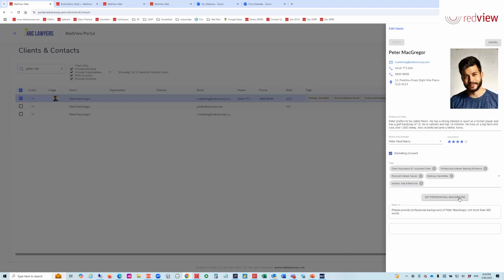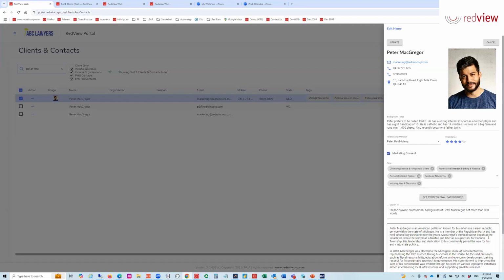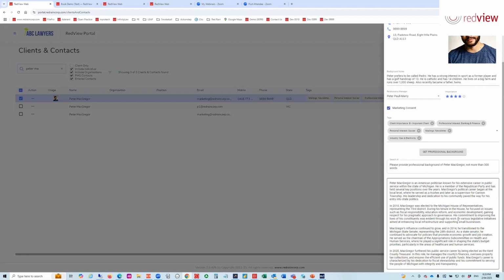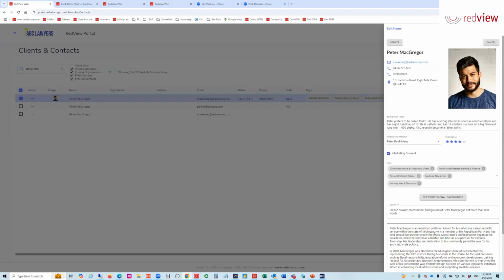To give you a bit more of an idea of some of the work we're doing with AI, we want to get some background on the person. What we can do is pass some details to ChatGPT, and it will go and search and try to find out what the person's background is, which will then be stored against the contact. This area is a bit of a work in progress, but that's how we're trying to